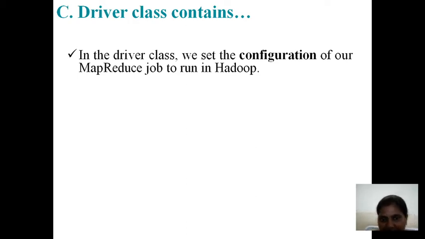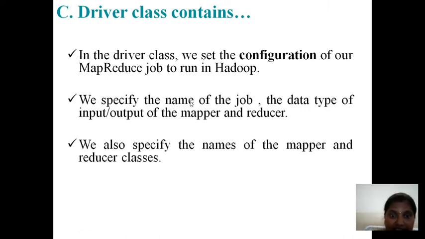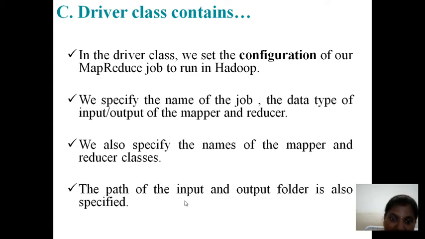It specifies what the mapper name is, what the reducer name is, what the input types and output types of the mapper are, how many reducers you want, how many mappers you want, and what the split size is. All this stuff, which is required to process our total HDFS blocks, can be done at a single place called the driver. Now if you observe here, we specify the name of the job, the data types of the input and output of the mapper and the reducer. Next, we also specify the names of the mapper and the reducer and the paths of the input and